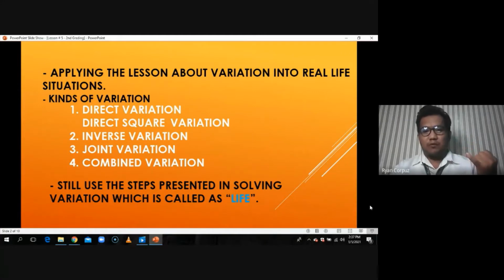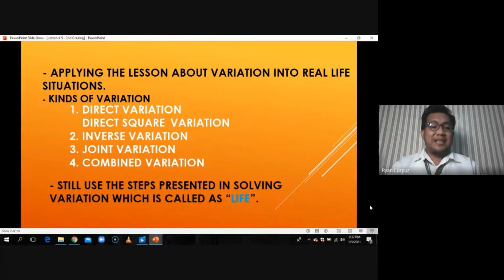So, we have to translate it in both ways so that the second translation will be used in the second step. The first translation will be used on the third step. Then, the equation we form on the third step will be used on the fourth step for you to find the unknown in the problem. So, even though we are already solving real life problems in math which involve variation,